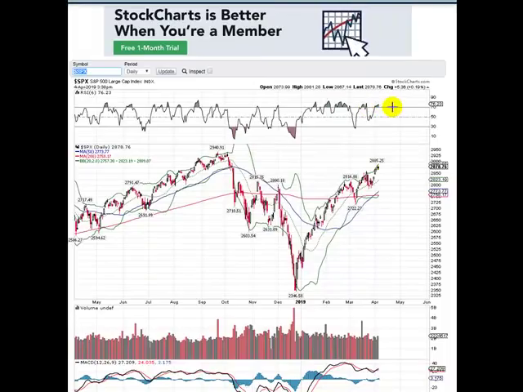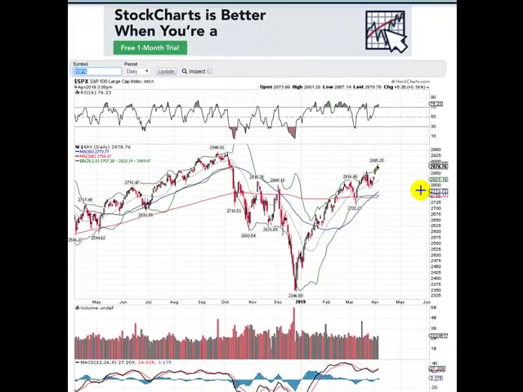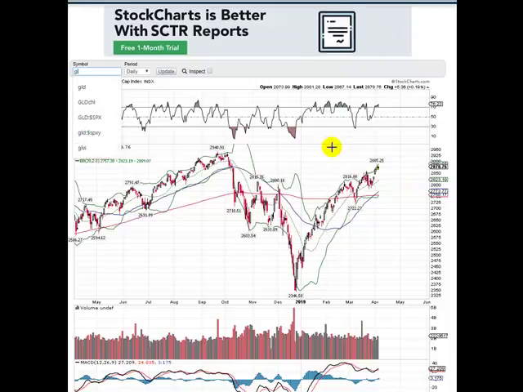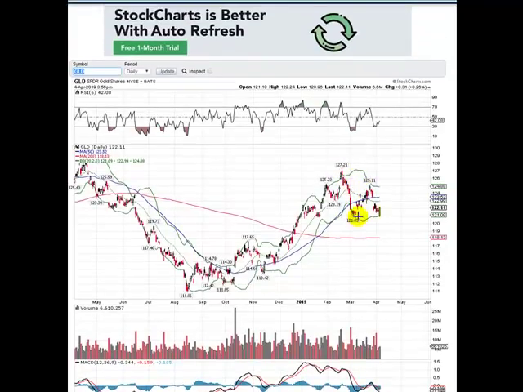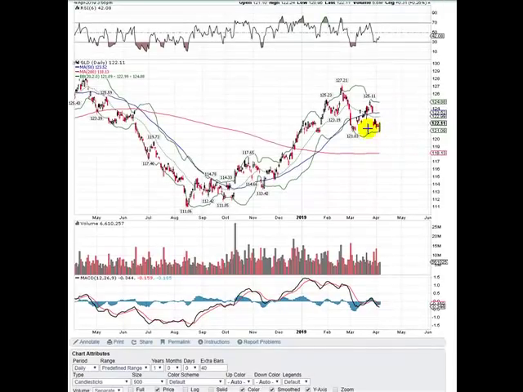MACD's been kind of flat. RSI's been overbought for a while, so again, just a lot of things there showing really a lack of upward momentum in the market. So we've got GLD as our first pick. This one had run up, was in need of a pullback, and now we've got a pullback that's happened. This one could have been either ABC here and then getting ready for the next move higher here. I don't think this is an ABC this way. So I think we're probably gearing up for our next move higher.